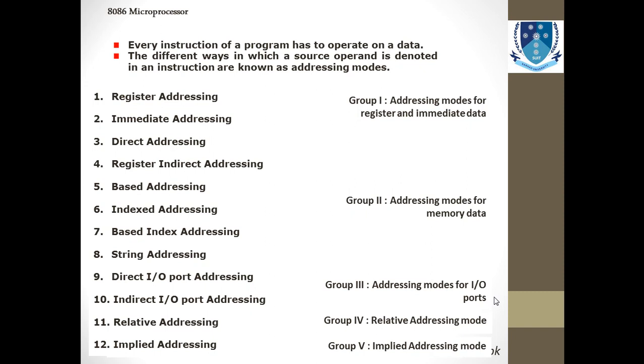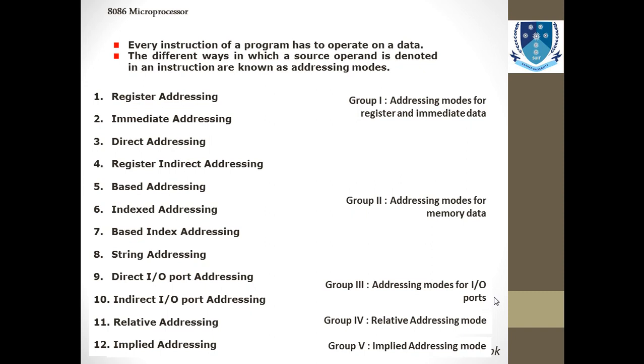The next group is addressing modes for input output ports. If you have connected your device to other components or memory storage devices, how can you address the data coming from the input port and output port? There are several ports in the 8086 microprocessor. We have already discussed that topic in the specifications and features of 8086 and 8085A. Then we have another mode known as relative addressing mode, which we will look into as well, and in the last we will discuss the implied addressing mode.